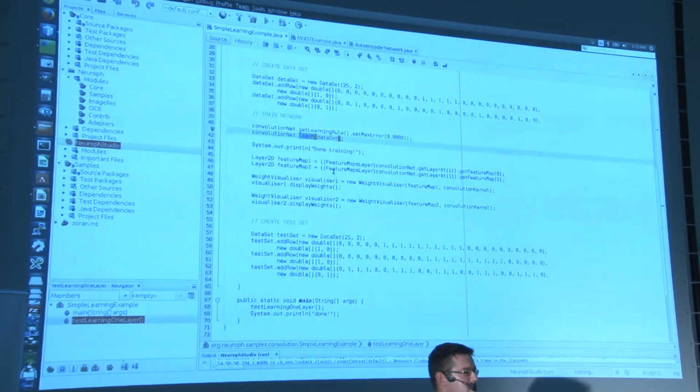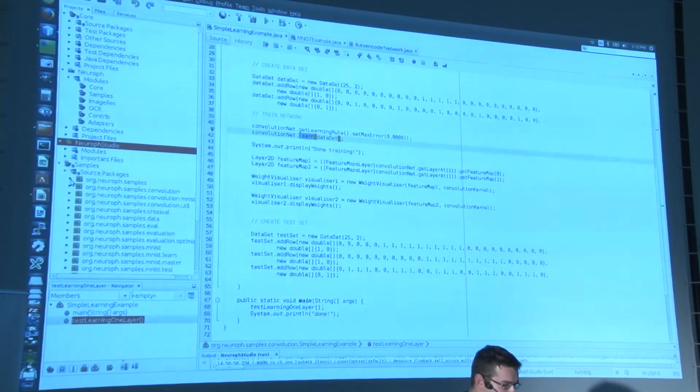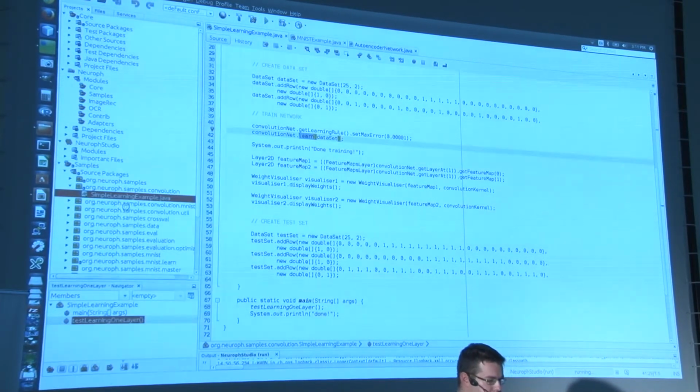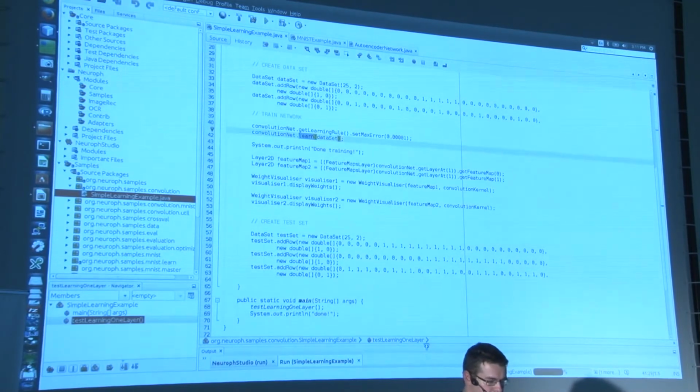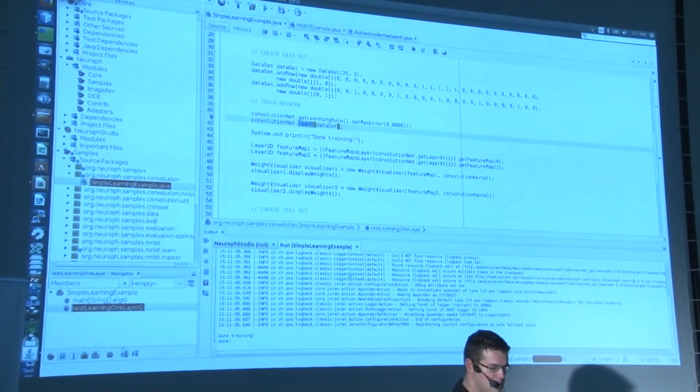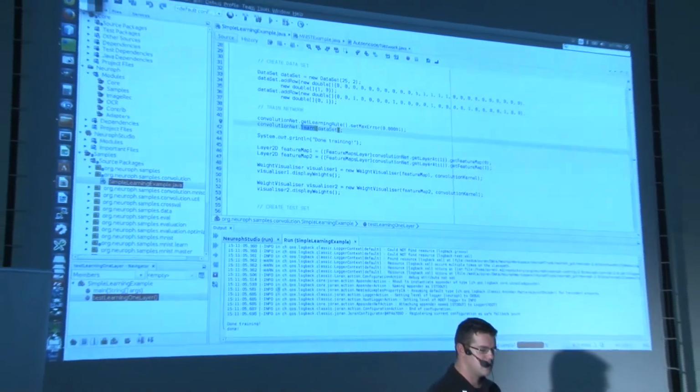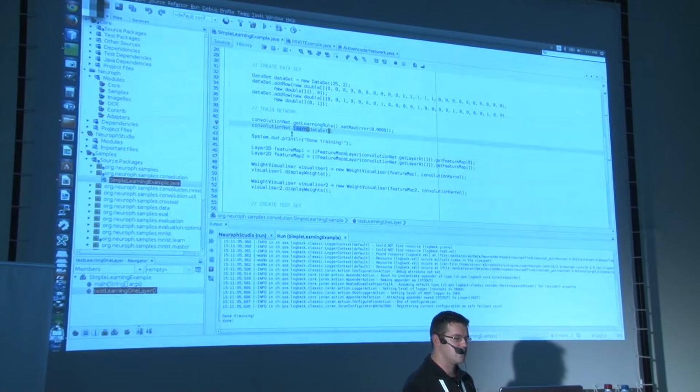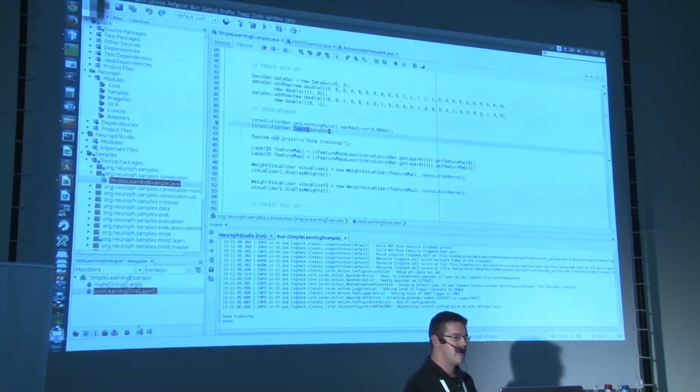See, the same principles that we use for multi-layer perceptron, and that's the idea of the whole Neuroph framework. It uses the same simple public API for all types of neural networks, and it is very easy to use. And let's start this one to show you the result. It is not a very impressive result, but it is interesting to see. Okay. You see this message, done training, so the network has learned these 2 simple patterns.